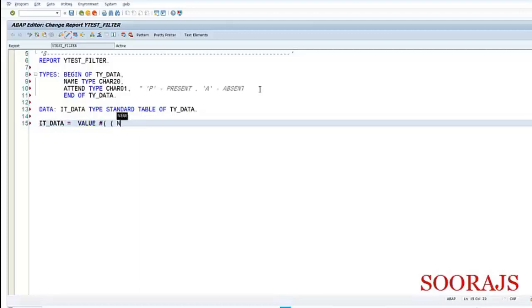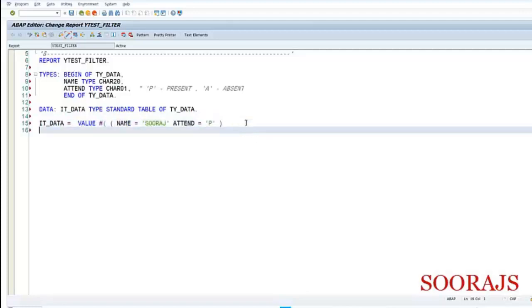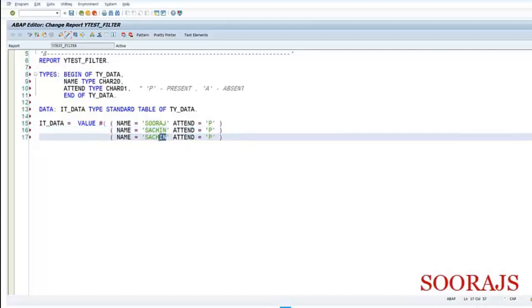I'll provide the name as Suraj, and I will provide the attendance as present. So it can have two values, right? Either P or A. Let me be present. I'll consider myself present in the class, because I don't think I should be absent. Now let me consider Sachin here. Let Sachin also be present. Then I'll have Virat.